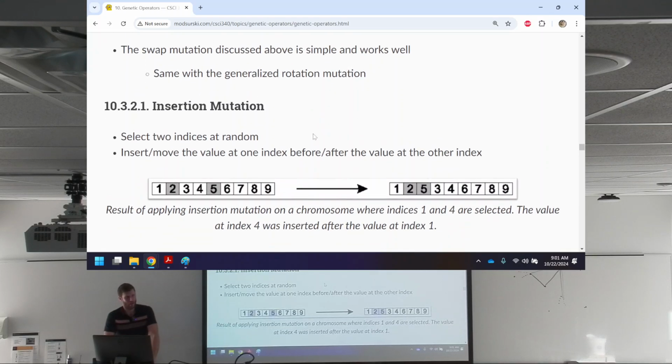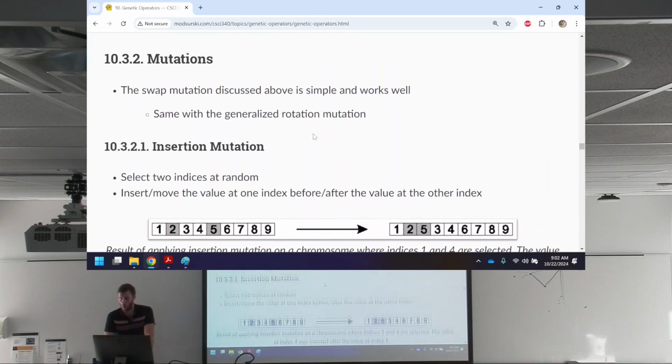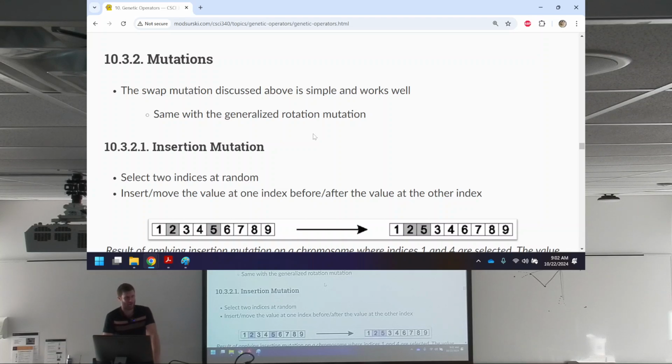The point, I'm going to keep emphasizing this. The point of me showing you these genetic operators is not for you to go, those are the genetic operators I should be using. No. It's to just show you what works, and then you come up with your own ideas. And if you don't like any of the ideas you come up with and you like these ones, go ahead and use them. If you don't like any of these, come up with your own. Great, it doesn't matter. It's up to you. The point is not that you memorize these and add them to your tool belt. I mean, cool, by all means do that. But none of this is to say that these are the mutations